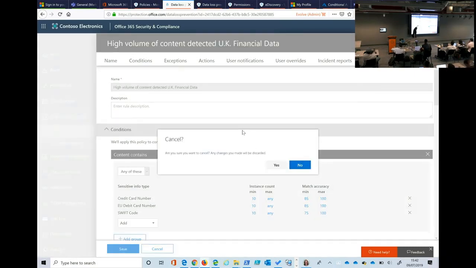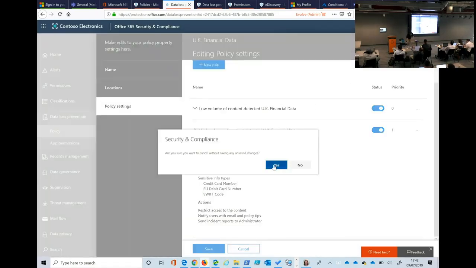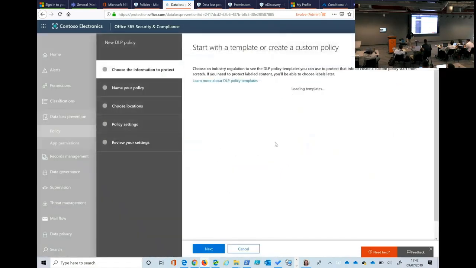And across the top before I close it, there's all the reporting. So if I want to know who's overridden it or what incident reports, I come in here to look at the report as well. So as well as setting it here, this is where I view the incidents and the hits against it as well. So I'm going to discard those changes, and just very briefly create a policy. Obviously I can't demo,